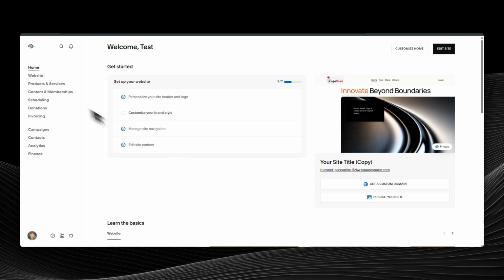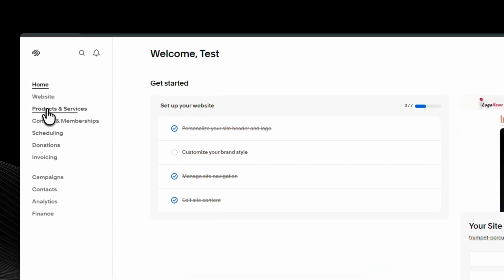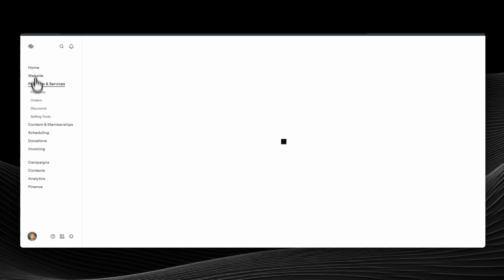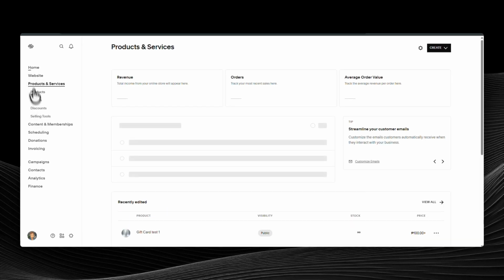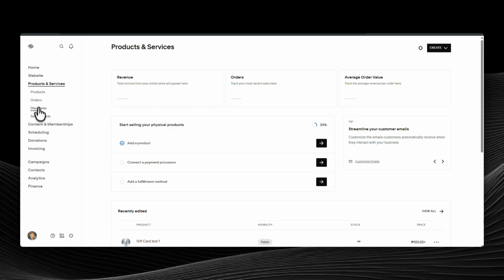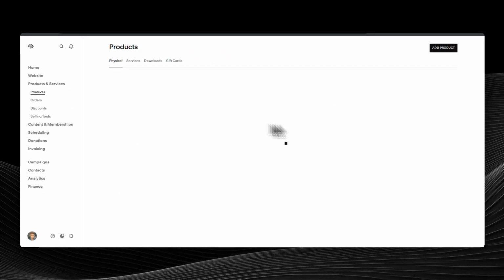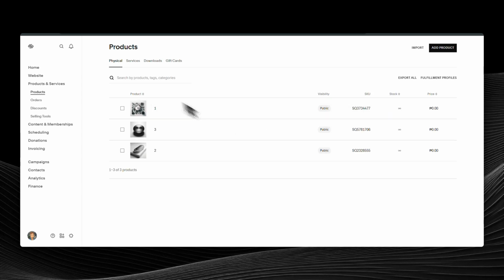Start by heading to your site's dashboard and look to the left-hand navigation. Click Products and Services. This takes you into the area where you manage everything you sell. Next, select Products to open the full list of your items. You should now see all your products in one place, which makes it easy to find the one you want